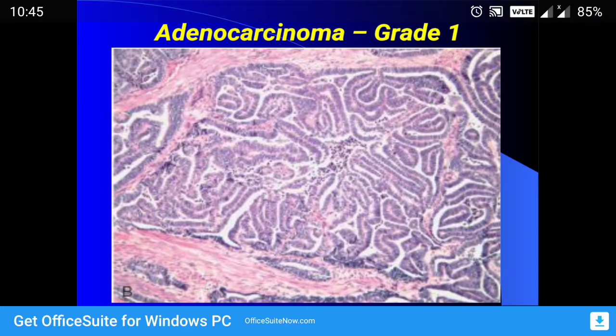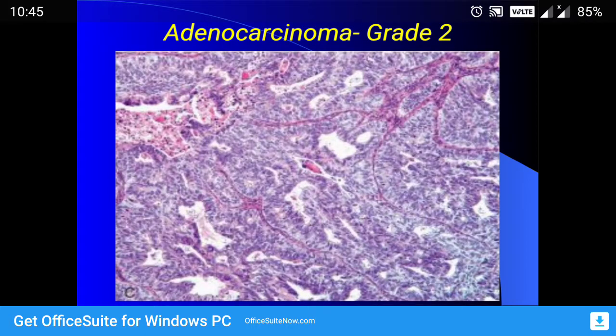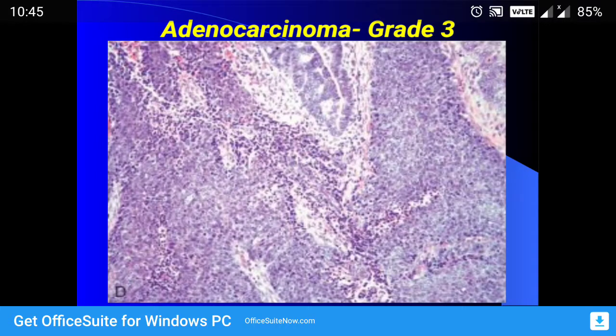So this is showing you grade 1 type of endometrial carcinoma. Grade 1 because the whole of the tumor is showing only glands, there are no solid areas. Here you can see a bit of solid areas in the center. You can see there is no lumen in the center. You can see the cells in a sheet-like pattern, so it is grade 2. When you see more than 50% of solid areas, it becomes grade 3.